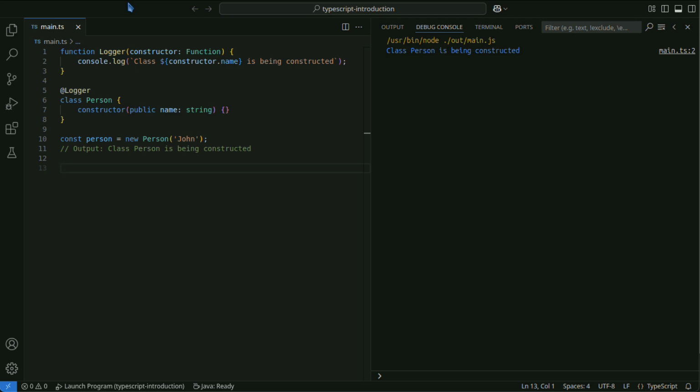Method decorators are applied to class methods and can alter method calls and behavior. A method decorator takes 3 arguments: the prototype of the class, the name of the method, the property descriptor of the method.